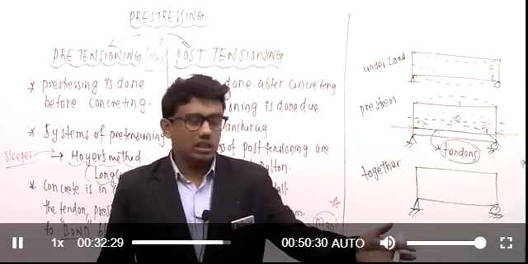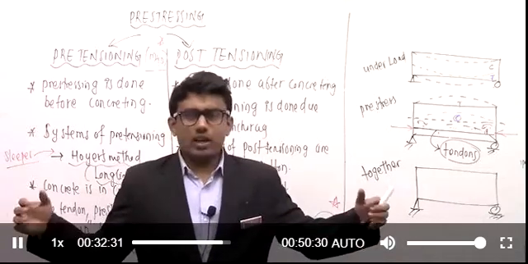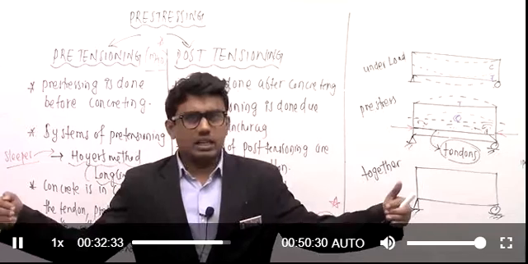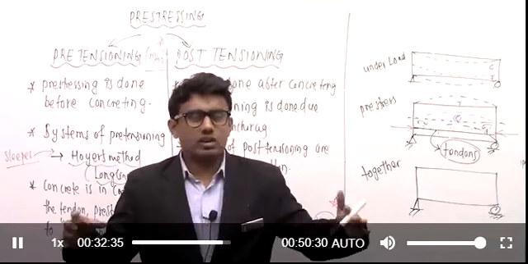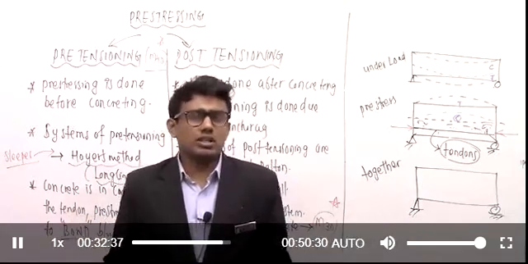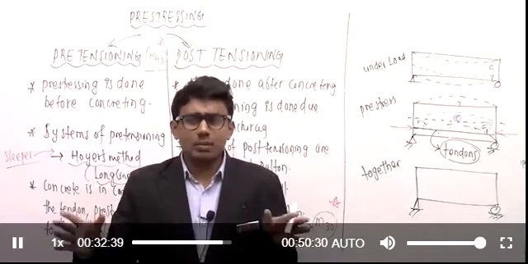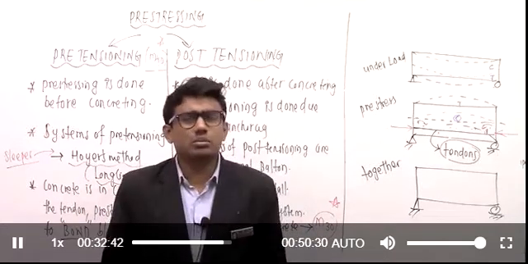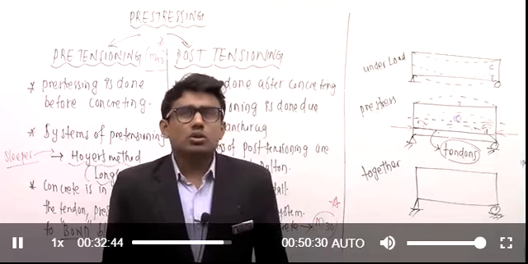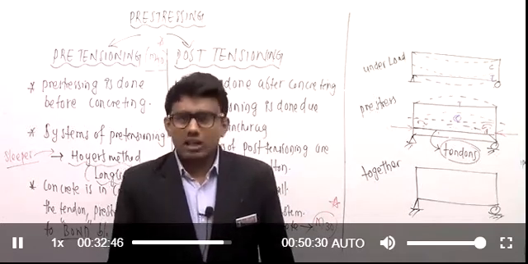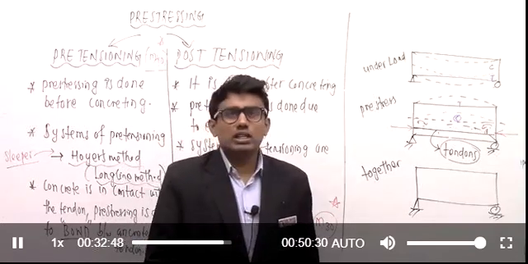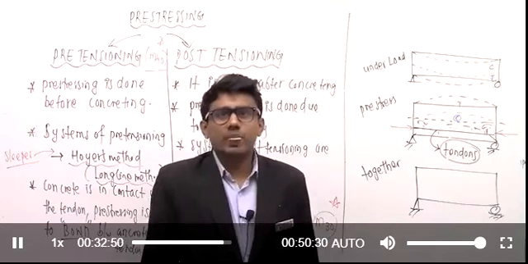Why? Because in the post-tension system, we are providing anchorage and introducing compressive stress. The magnitude of this compressive stress will be very high, and due to this there is a possibility of crushing of the concrete, where we can say bursting of the concrete is possible. So strength is also a criterion, and we have to think about the strength also. That's why we are providing a higher grade concrete there.